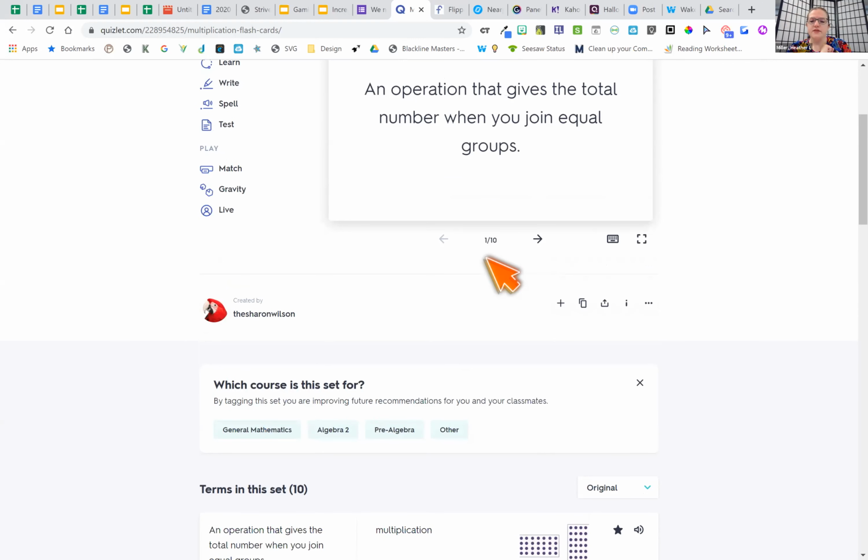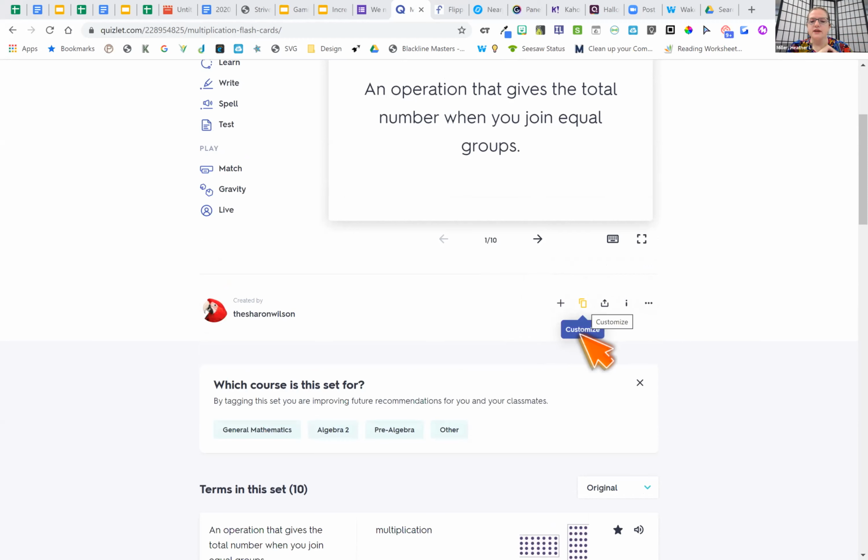If you want to save it or you want to edit, that's these circles listed over here. So this one, you can't really see after I click on it, but there it goes. Okay, add a set to a class or to a folder. So that saves it and shares it with your class in the folder, or it's just an individual folder maybe that you haven't shared with your class yet.